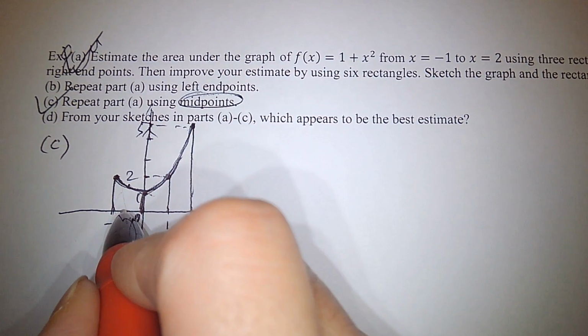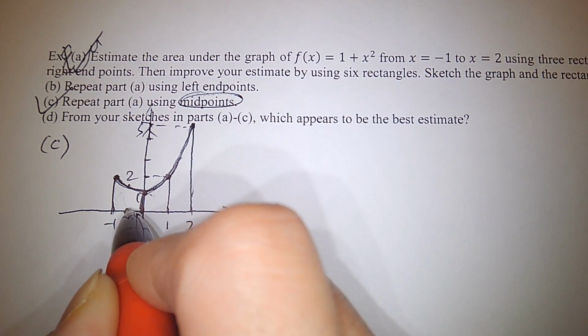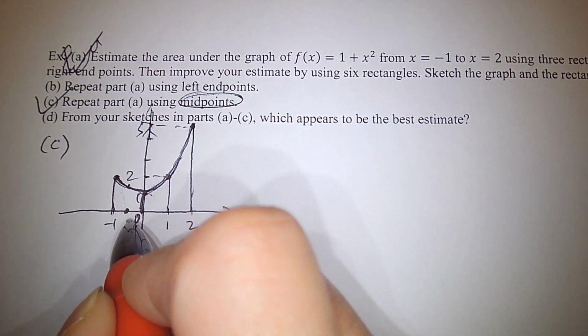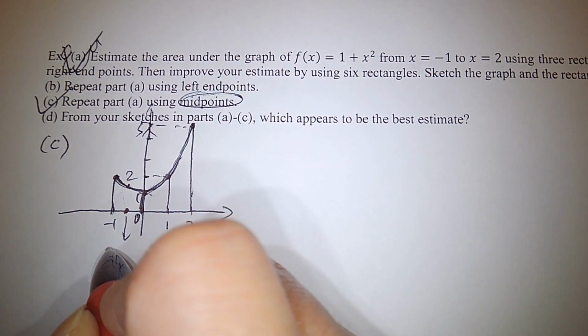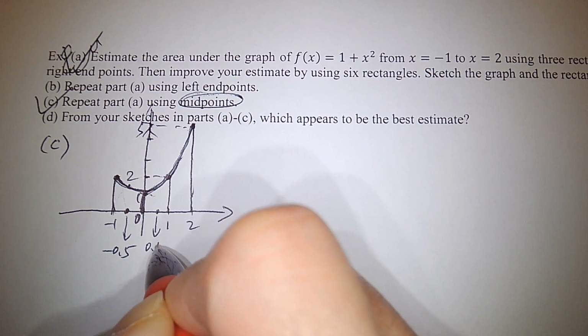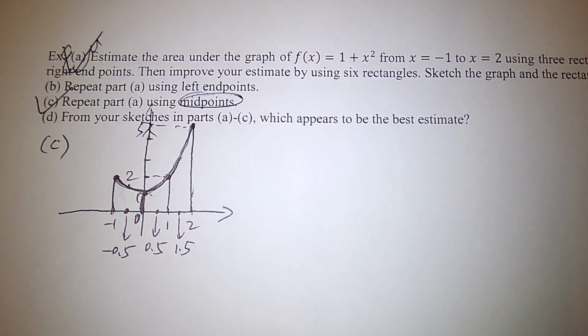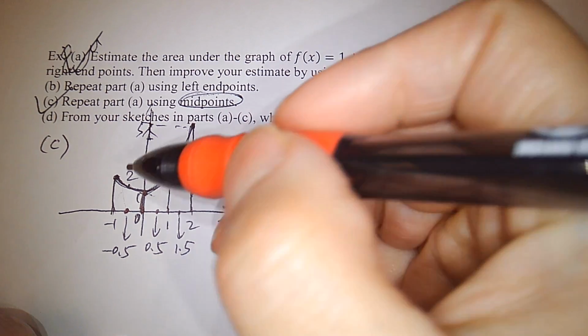Midpoints means, we use what? This is our key point, right? What is the value for this key point? -0.5. This key point is what? 0.5. This key point is what? 1.5, right? Alright, so the height